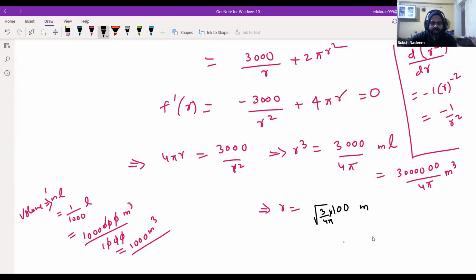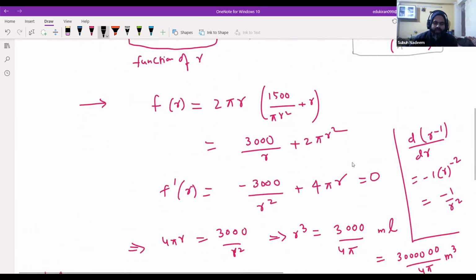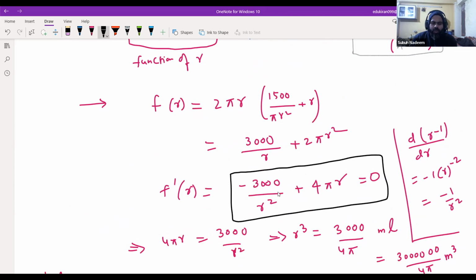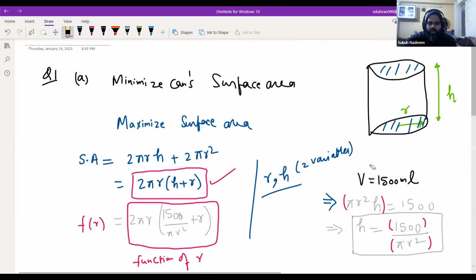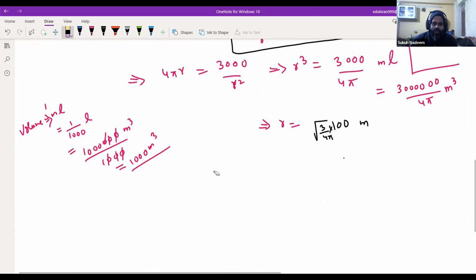Now, this is the radius when the derivative is 0. Derivative becomes 0 either at maximum or minimum. No need to check here. Generally people check whether it is maximum or minimum, because by common sense, the minimum is possible when r is equal to 0. When radius is 0, you get the minimum surface area. So we don't have to decide whether it is minimum or maximum; the value coming here is for the maximum. So the maximum surface area therefore is,